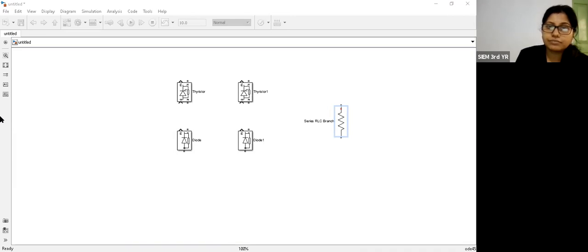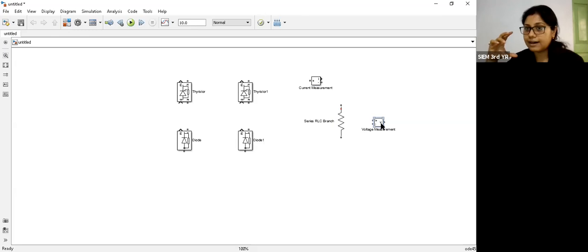So this one is our current measurement block, and this one is our voltage measurement block. We know that the voltmeter should be connected across the load in parallel, and the ammeter should be connected with the load in series. So that's why I'm putting the current measurement block in this way, and the voltage measurement block in this way. Okay. Then to turn on our thyristor,